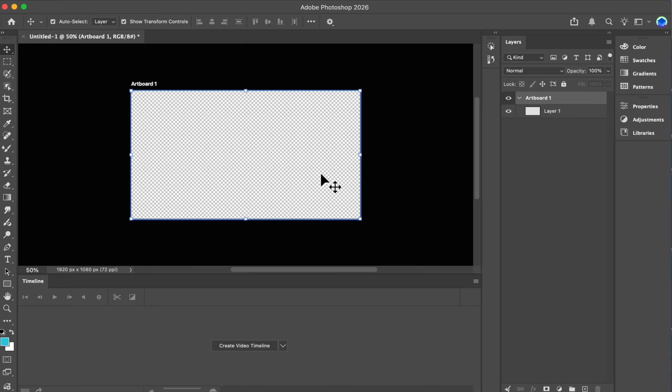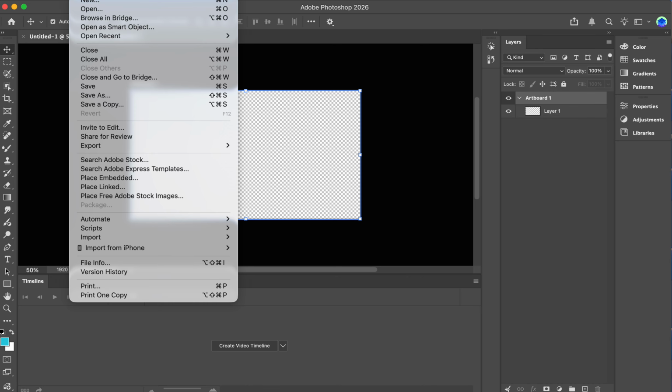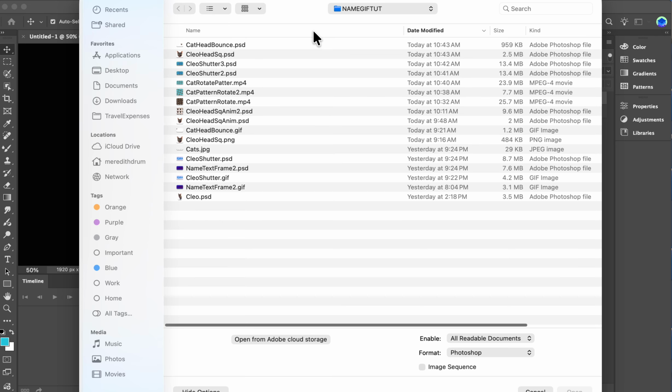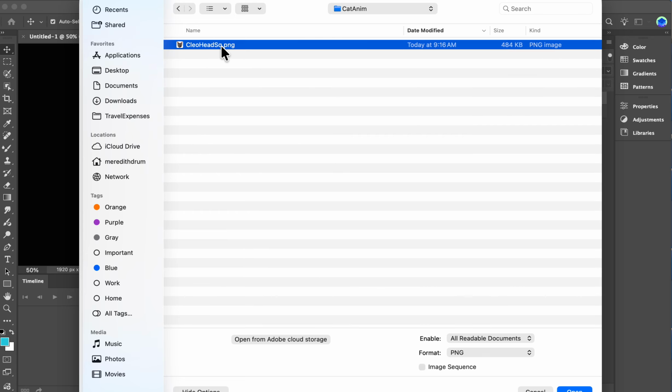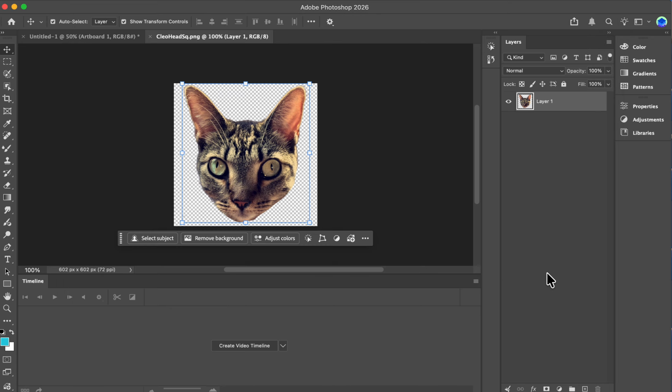What I would like you to do is go to File, again that's at the very top here, you can't see it in my screen. Go to Open, and I gave you all this cat square. I'm going to bring it in. Say Open. It opens in a different file. That's fine.